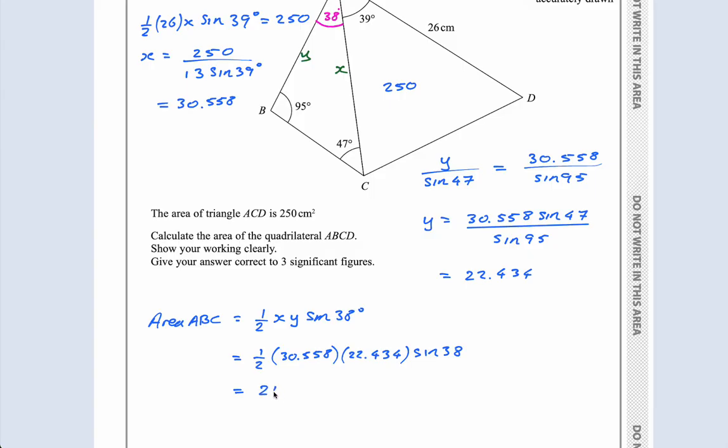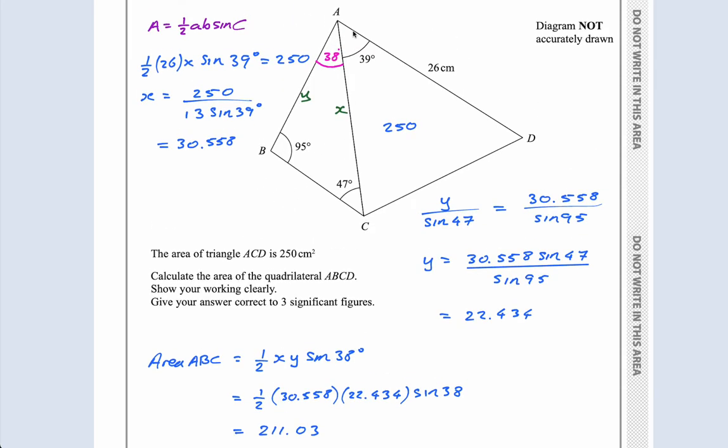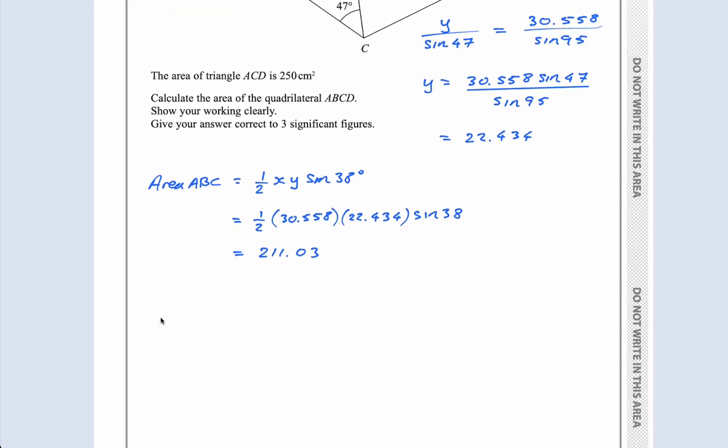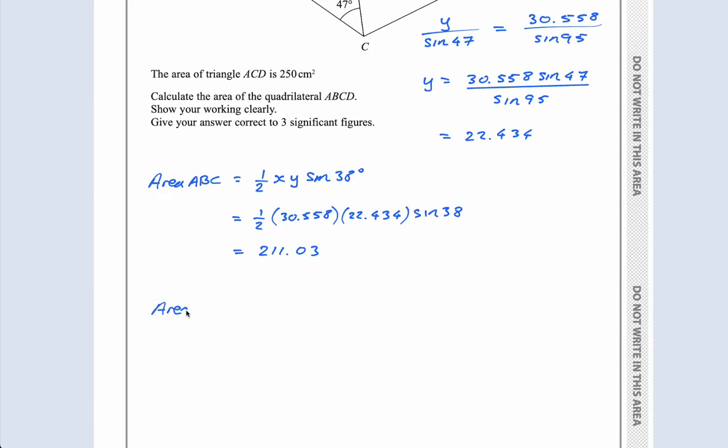211.03. I am very nearly finished. So what's left is, that is the area of ABC. So the total area of ABCD, area ABCD, is equal to